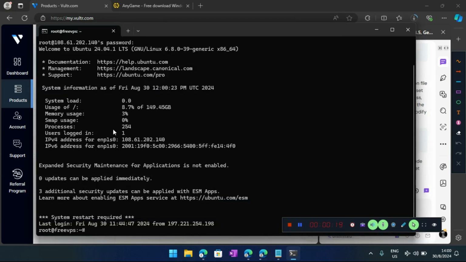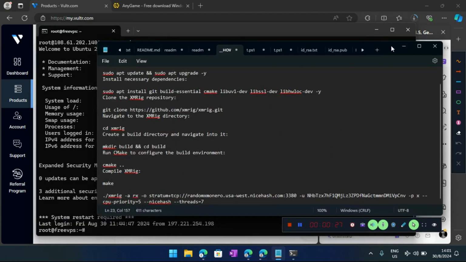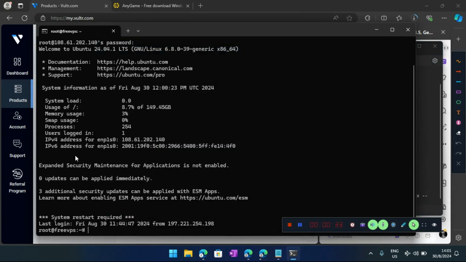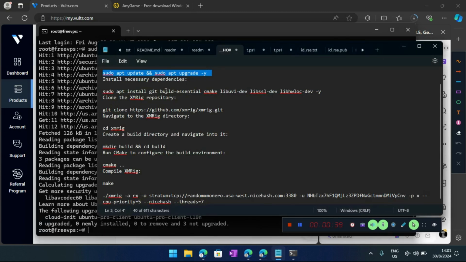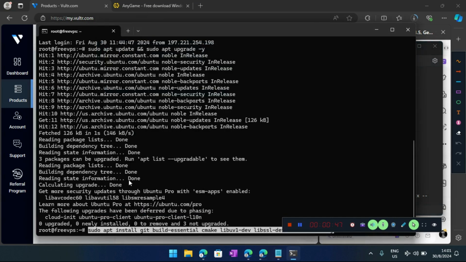As you can see, I'm already logged into my VPS server. So right now I'm going to show you some codes you can use to set up xmrig, which is one of the best crypto CPU miners. Anyways, you wanna go sudo, and that is gonna start installing everything, and you wanna copy this as well. All these codes are going to be in the link in the description. Anyways, you wanna go ahead and paste that as well,